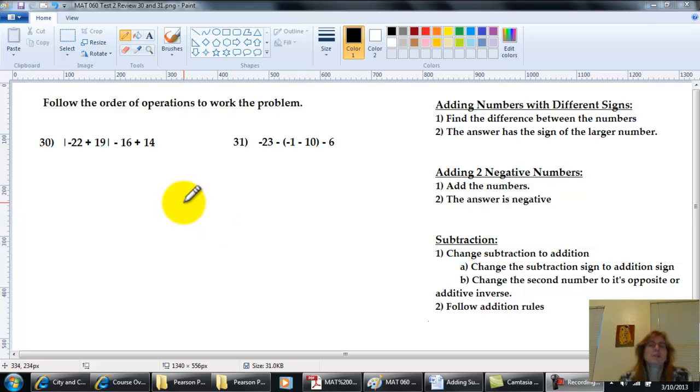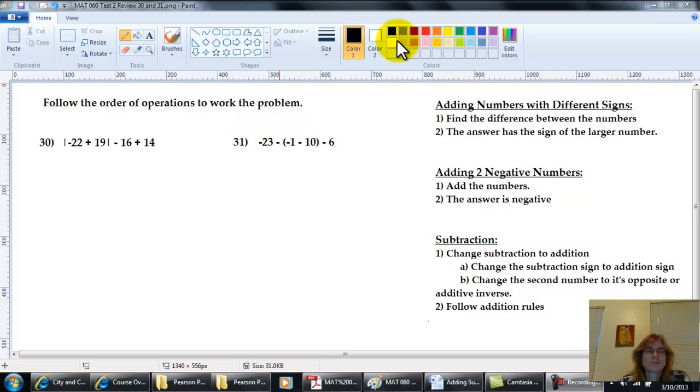This is working on problems 30 and 31 for Math 060 test review number 2, or test number 2 review, and they're just more order of operation problems. So we're going from left to right, and we're going to use the rules for adding and subtracting signed numbers. On this first one here, we have to treat these absolute value signs like parentheses, so